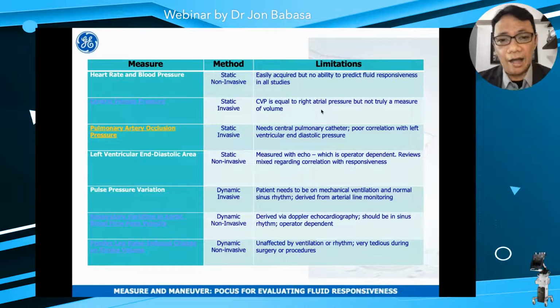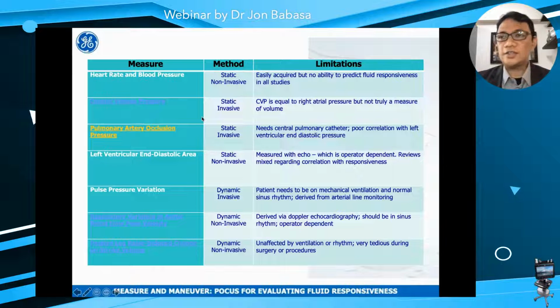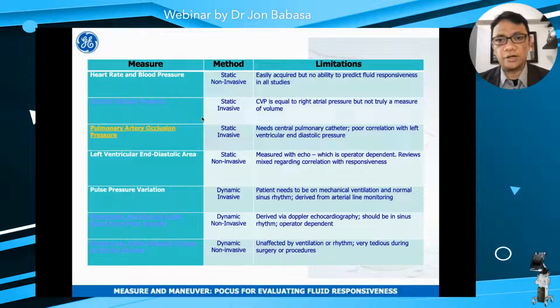So here's a table summarizing all of those measures that I've mentioned. Some of the measures that need to be given attention to would be your central venous pressure. It's a static measure, but invasive. It needs a pulmonary central catheter in order to measure the right atrial pressure, which becomes a surrogate for your